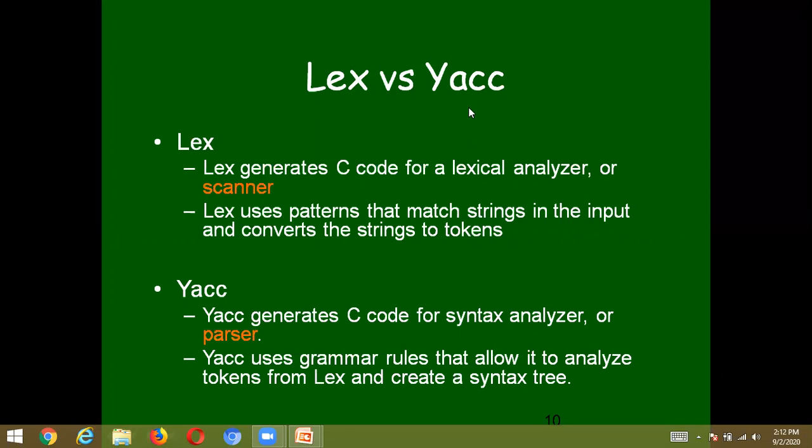We implement a lexical analyzer by using the Lex tool. Now in the next unit, the second unit, which is the syntax analyzer, we are implementing this ACT tool. We are using this ACT tool for performing the syntax analysis, that means to implement the syntax analyzers and generate the abstract syntax trees.